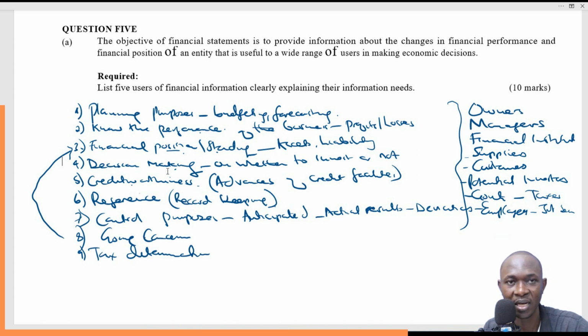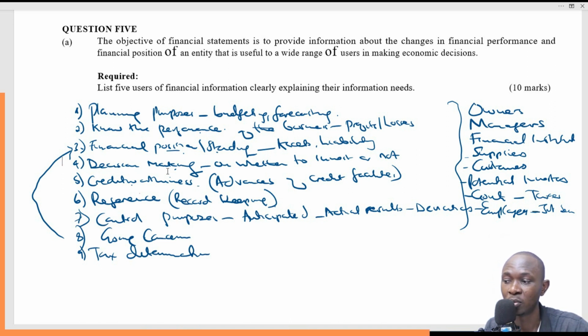Is it a going concern? How do you know if a business is a going concern? Check on the final statement of financial position. You'll be able to see if the liabilities exceed the assets, that relationship. So the employees will want to check that, and that is basically the use of financial accounting information to know